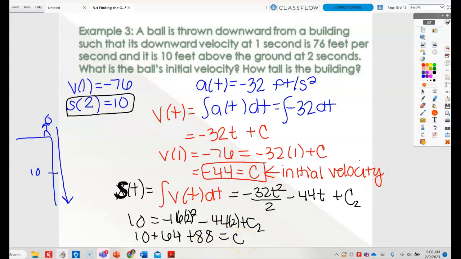So the height of the building is 10 plus 64 plus 88. Or 98 plus 64, which is really like 162. So the height of the building is